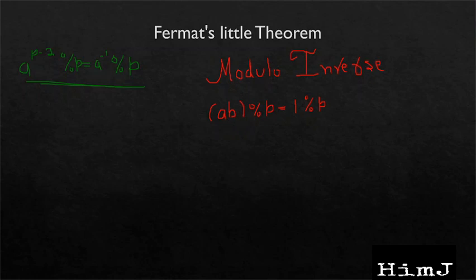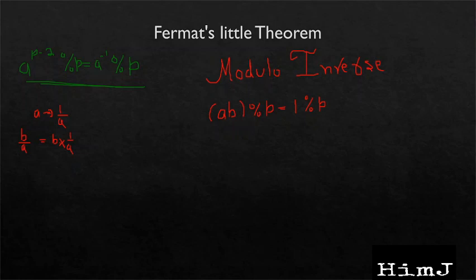What is the use of modulo inverse? Basically, modulo inverse is used for performing division operation. We can understand it by using the analogy of multiplication. A multiplicative inverse of a number a is 1 by a, because a into 1 by a gives 1. So we can say division is something like this: b divided by a is nothing but b multiplied by the multiplicative inverse of a.